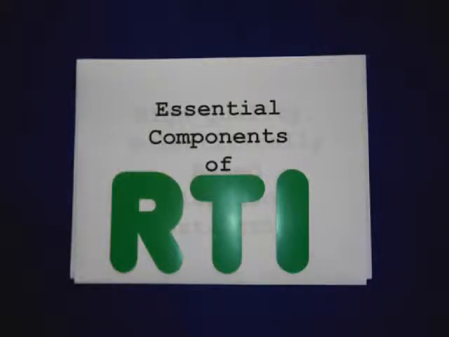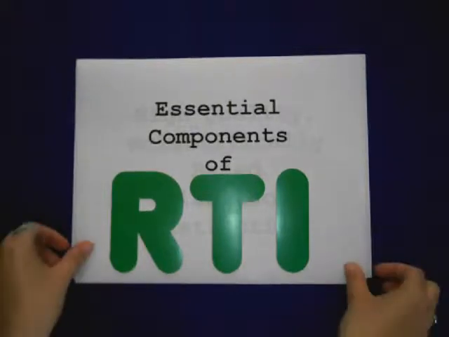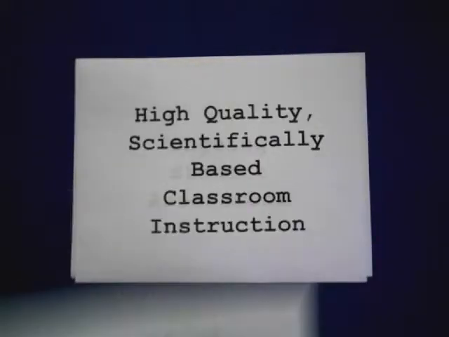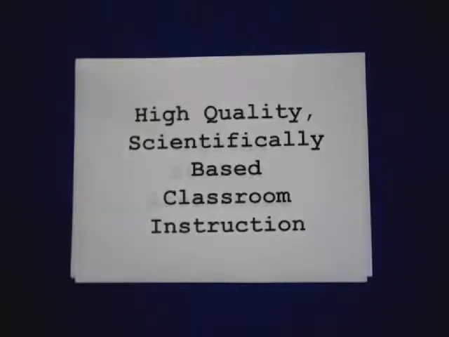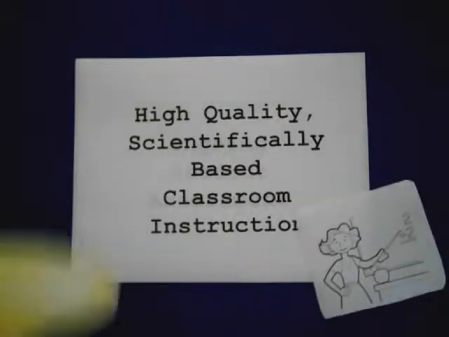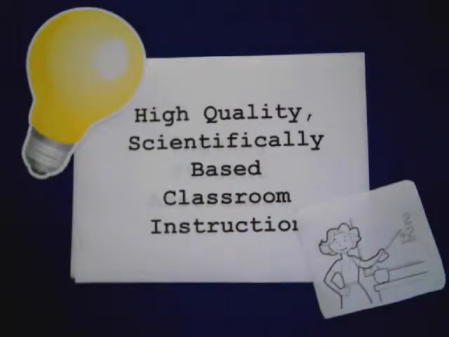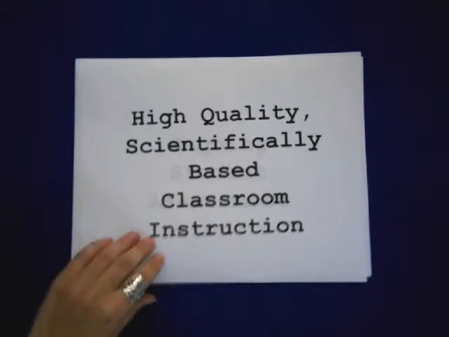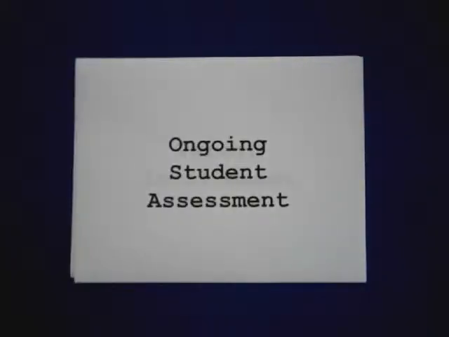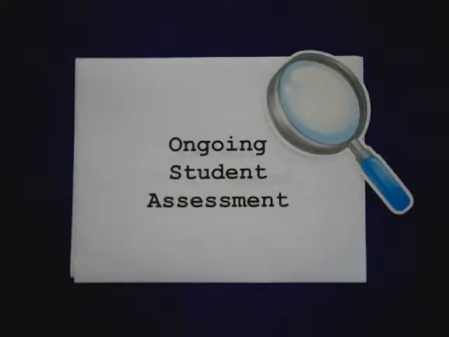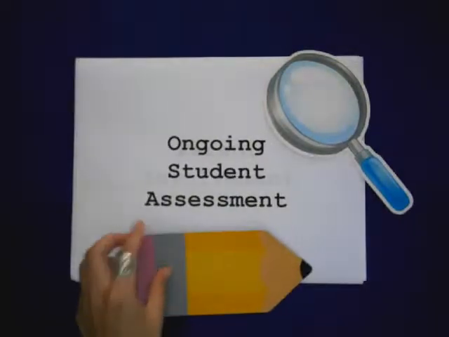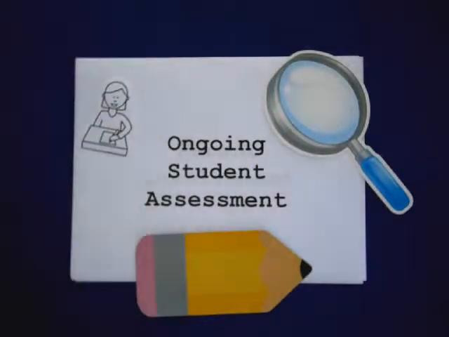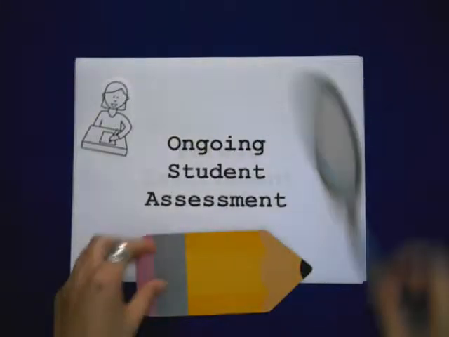This alternative evaluation procedure requires high-quality, scientifically based classroom instruction. This high-quality instruction is provided by qualified teachers to ensure that student difficulties are not being caused by inadequate instruction. Ongoing student assessment in the form of screening, diagnostics, formative progress monitoring, benchmark progress monitoring, and summative outcome assessment allows for teachers to identify and intervene with students as soon as they begin demonstrating learning difficulties, while also monitoring their